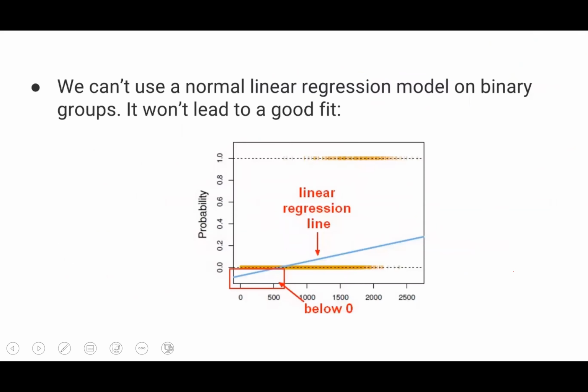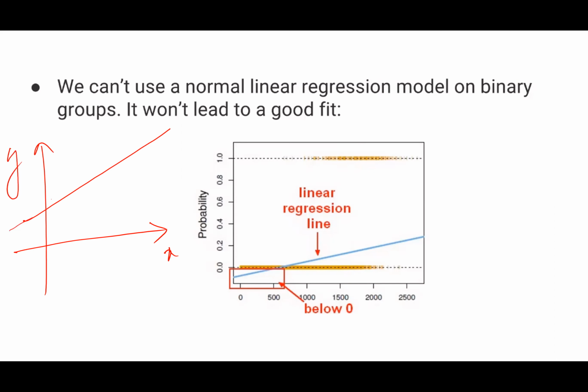So why can't we use a normal regression model on binary groups? One question can come: I already have a straight line, so why do I need a curve, or why do I need any other model to classify my data? Suppose I'm discussing a test. I will take your MRI and, based on the size of the tumor of a patient, I will tell whether the tumor is deadly or curable. So it is based on an actual data set, and most of the data was distributed like this.